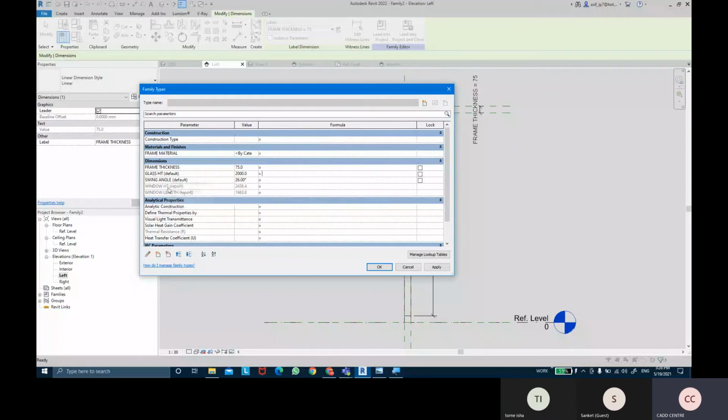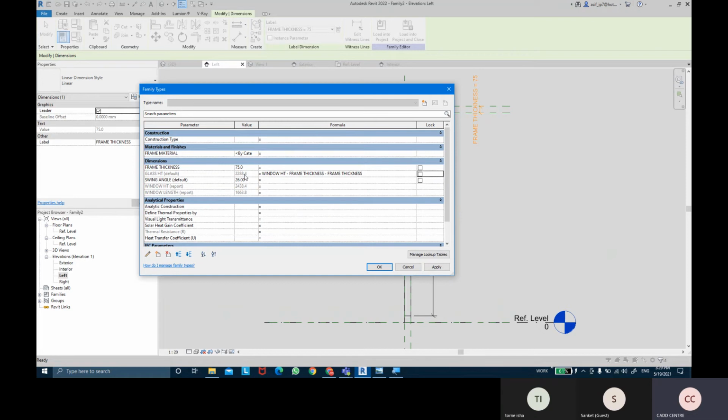So the formula would be what? Whatever is the window height. So I'm going to copy this window height, and paste it in the glass height formula. So window height, and then I'm going to copy the frame thickness. So window height minus frame thickness. We'll minus frame thickness two times, one for the top and one for the bottom. So minus once again frame thickness, and then I'm going to press enter. You can see window height minus frame thickness minus frame thickness.